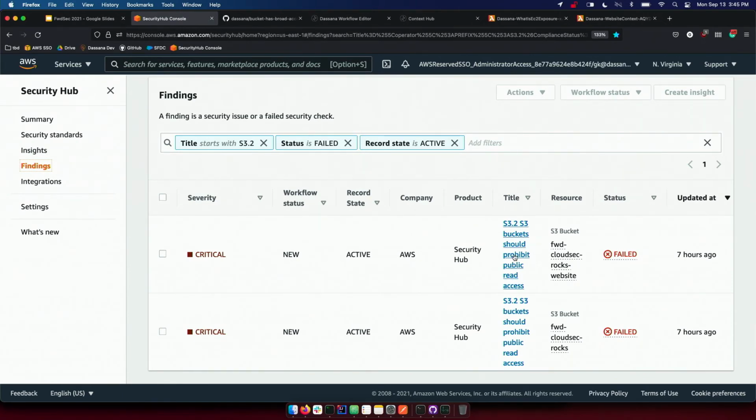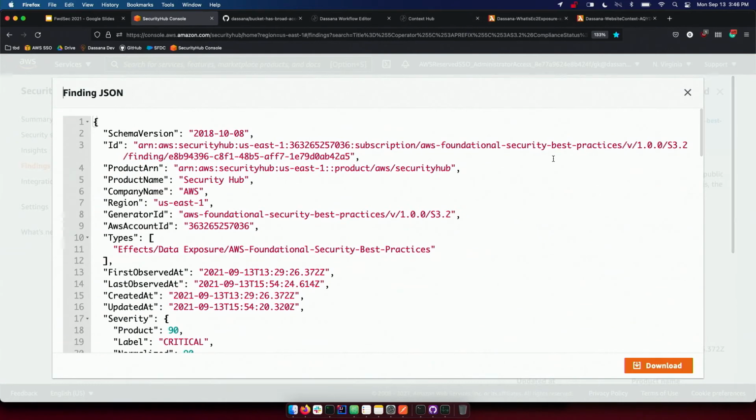Well, what we could do is take this JSON and put it in the inbound queue. An engine will process it, and it will become available in the outbound queue. The good thing is we have built native integration with Security Hub, so you don't even have to worry about any inbound queues and outbound queues, okay? The way it works is we automatically deploy an EventBridge rule, and that EventBridge rule is listening on BatchImportFindings API calls. And anytime an AWS Config-related finding is imported in Security Hub, we automatically send the alert to our Dassana engine,